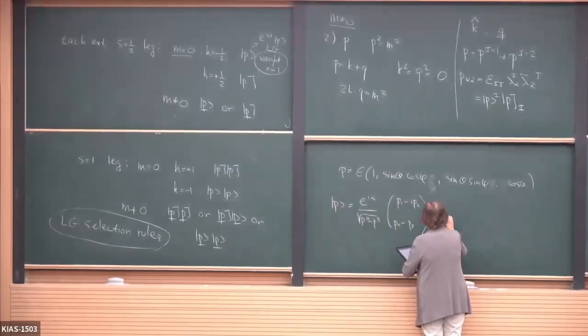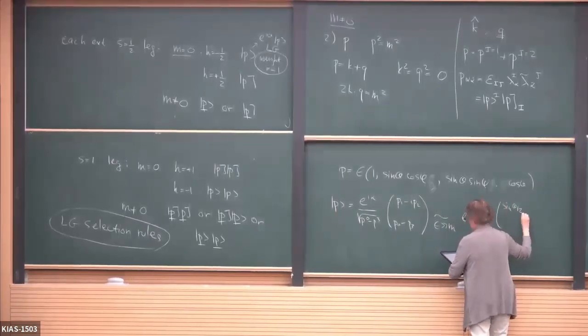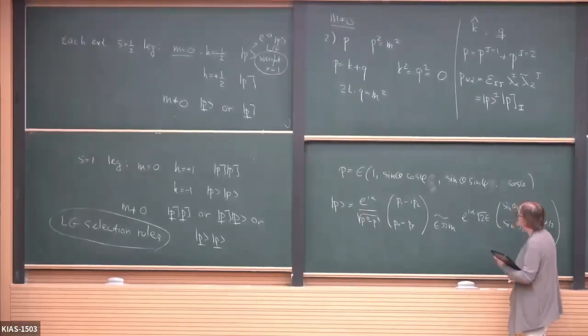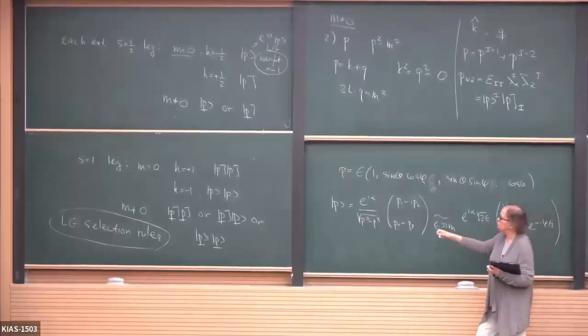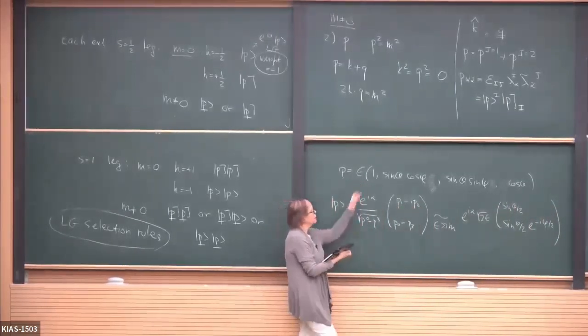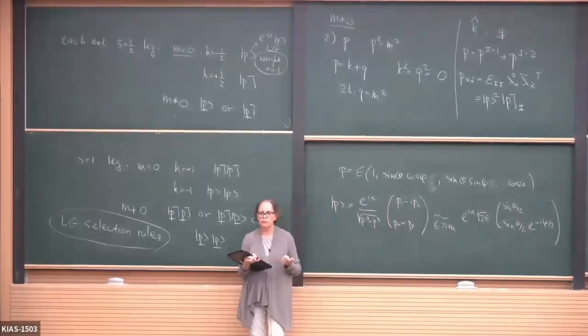And you'll notice that when E is much bigger than m, we can write this as e to the i alpha, square root of 2E, sine theta over 2, sine theta over 2 e to the minus i phi over 2. And this alpha is an arbitrary phase. So for each momentum, you can just stick in the different components and you'll get some explicit form for the spinors.